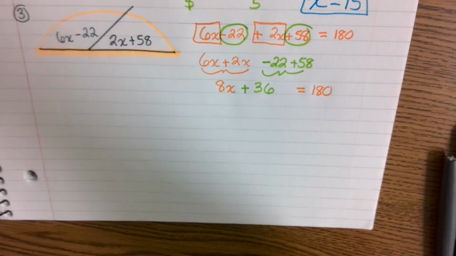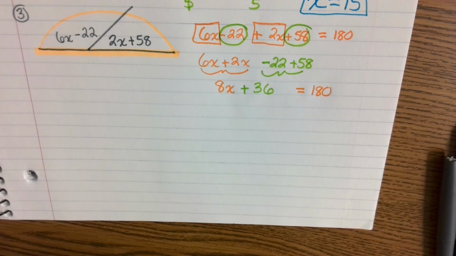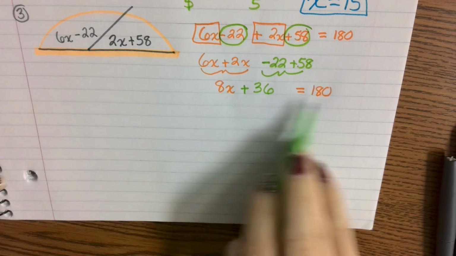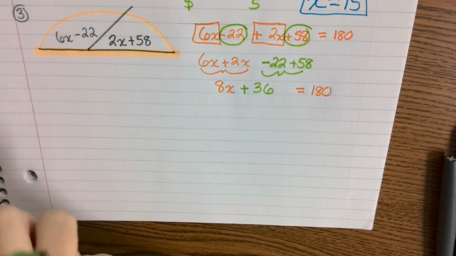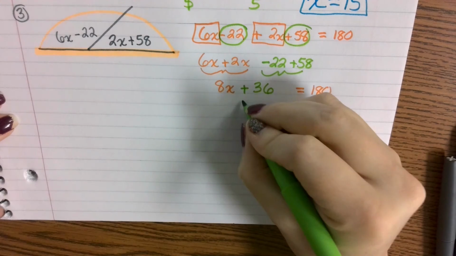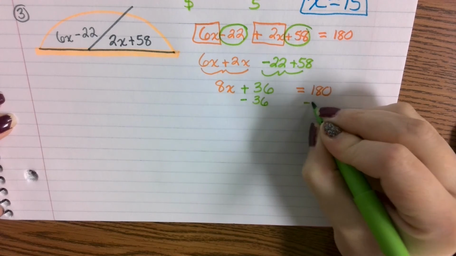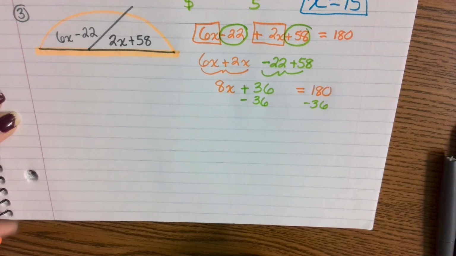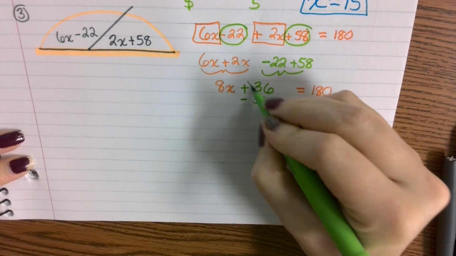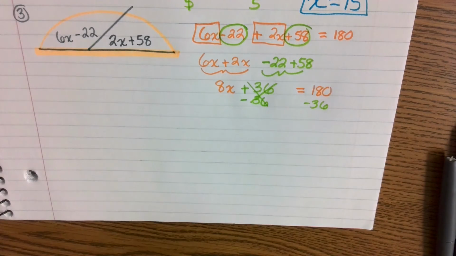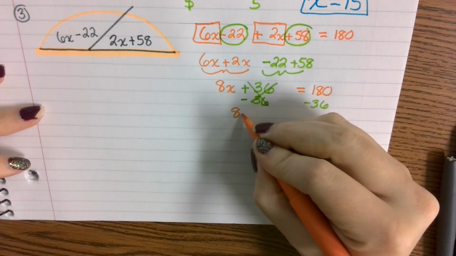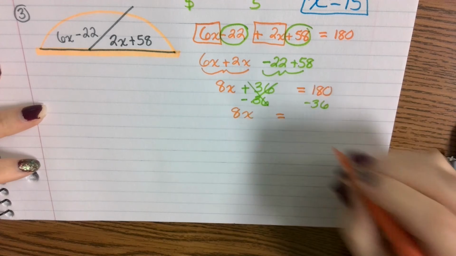All right, we are now down to our two-step equation. Who have I not called on? Edgar. Edgar, what is our first step to solving? Very good. Subtract 36. So we're going to subtract 36 from both sides. Remember, the 36 is because it's an addition and subtraction. That is 0 pairing out. We're now left with 8x is equal to